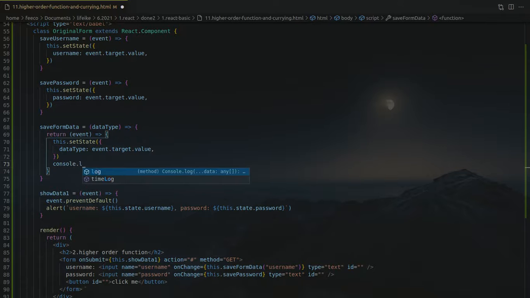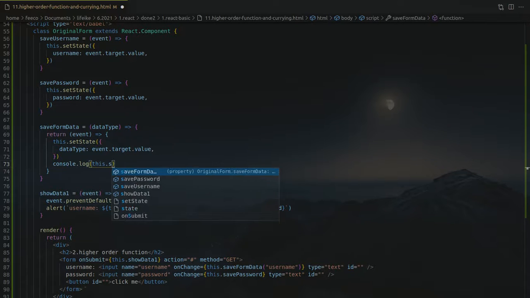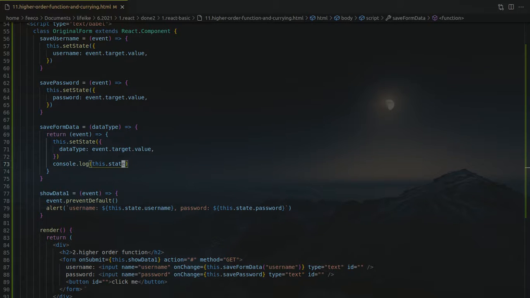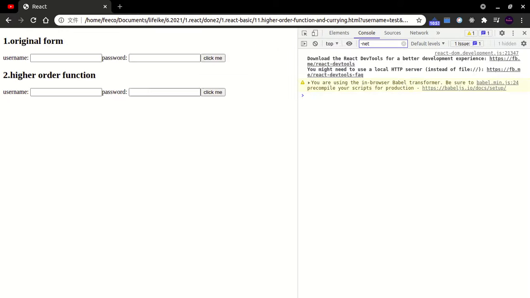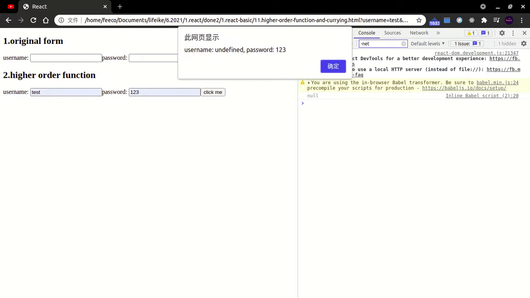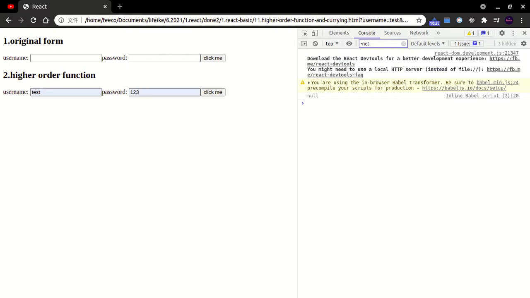We want to know, let's take a look at the state. What is inside of this state, right? So test, one, two, three. Click. Undefined. So when we put the test here, it says null. Why? Because